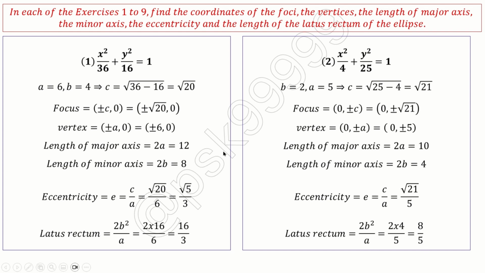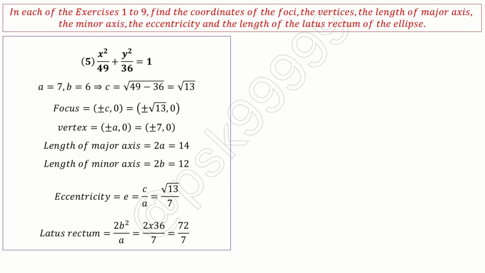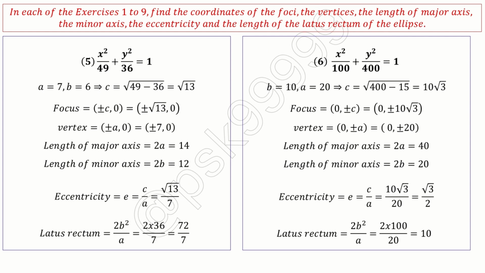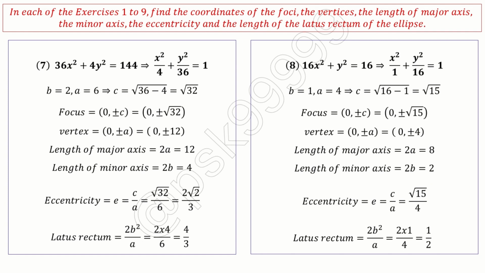Okay, so this is all same, and up to 1 to 9 you can follow the same. Third, fourth, you can just do it yourself and cross check the answer once. Okay, 5, 6, 7 and 8,